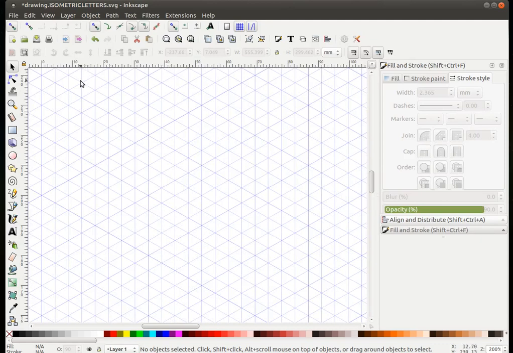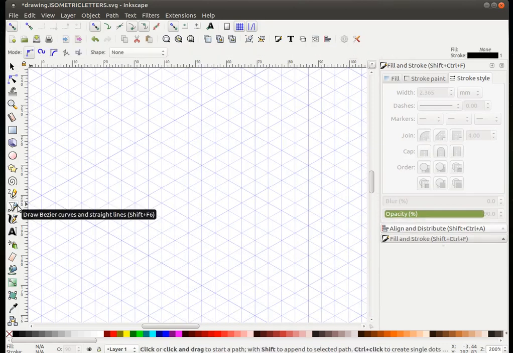The first thing we're going to do is pick our Bezier pen here, or you can simply press B on your keyboard, and we're going to start. We're going to cover the letters, and make sure you've enabled this tool right here, snap, which will enable you to snap to the corners of the grid system, which will be quite helpful.